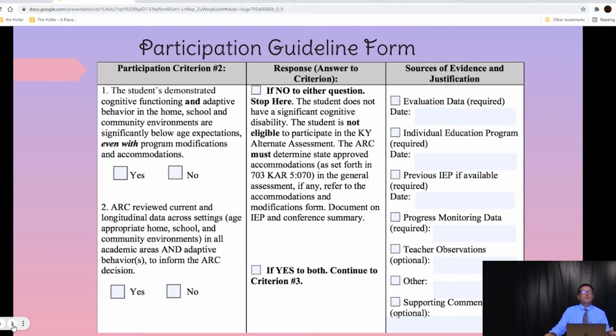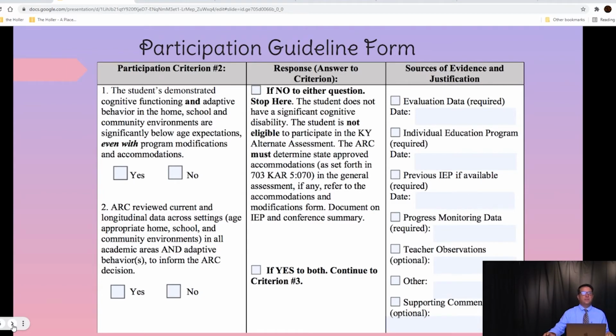As we move on to participation guideline criterion number 2, the student has demonstrated cognitive functioning and adaptive behavior in the home, in the school, and the community environments. Remember when we looked at that sheet that we said it was an optional form? We're looking at the current functioning and the longitudinal functioning across all of those settings, and we have to document and verify that even with the use of program modifications and accommodations, the level of significance is far below age expectations, and that the actual performance of the student is far below age expectations, even with the use of those accommodations